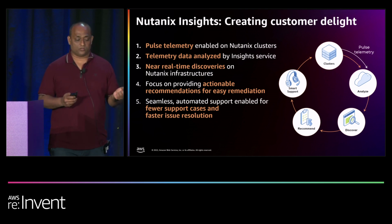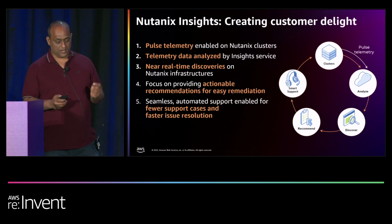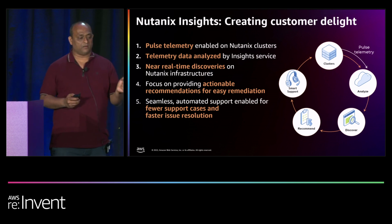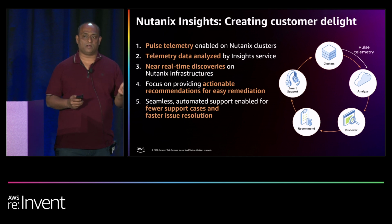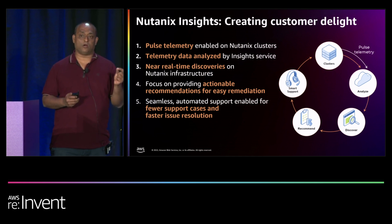It also does remote log collection if required, and at the end, the circle completes when the issue is resolved at the customer's deployment. A simple real-world example to explain that would be a case of power supply failure on the server. This could bring down the application if the other remaining power supply also fails at the same